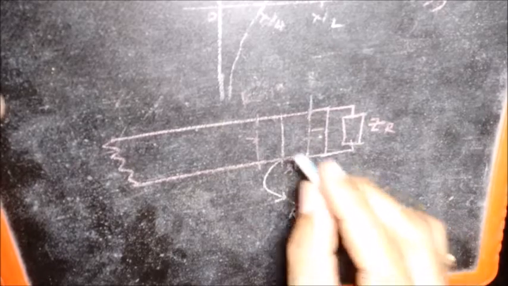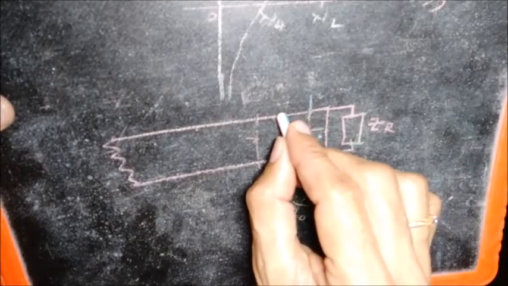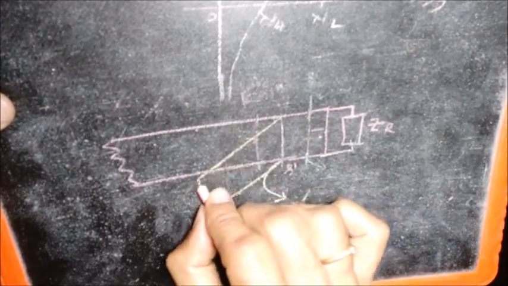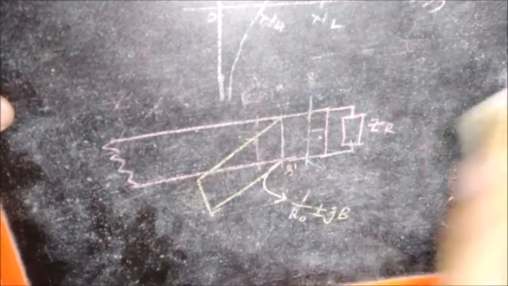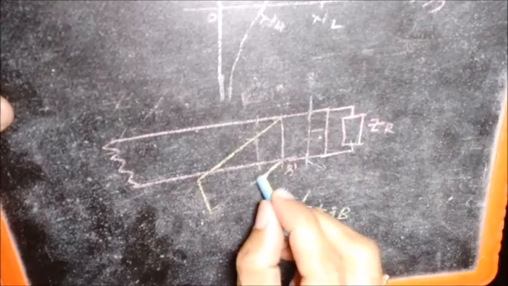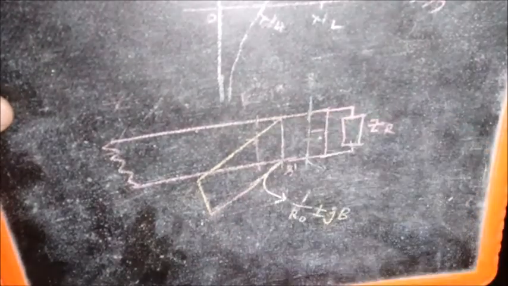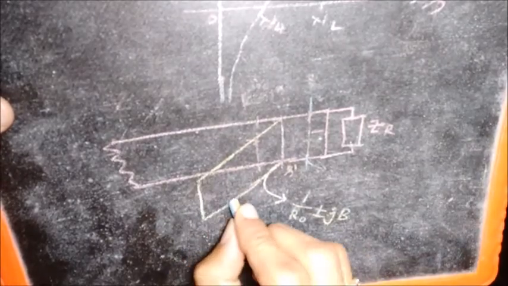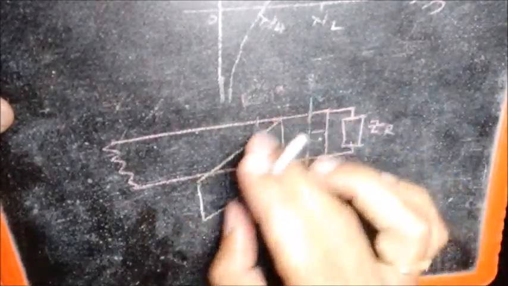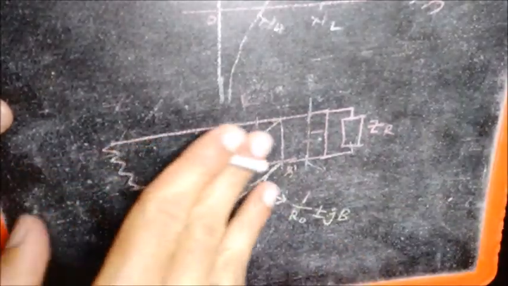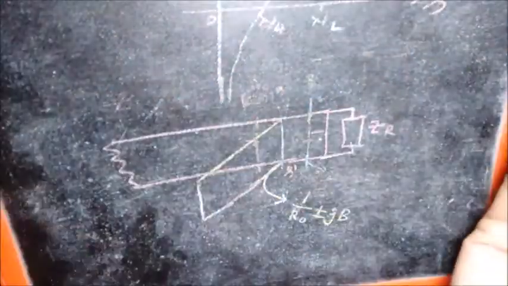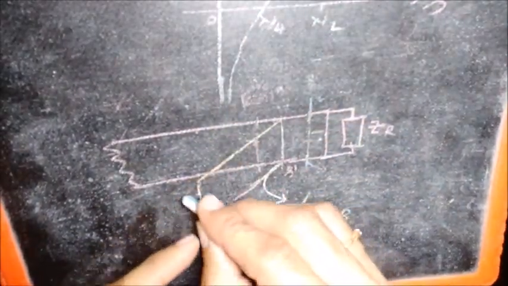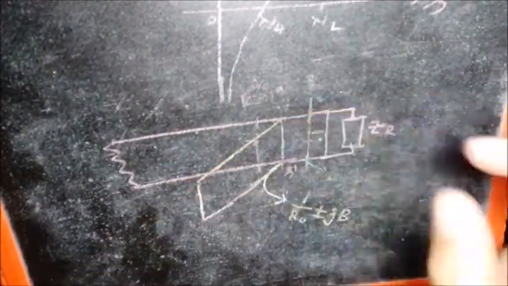Now suppose we take a short-circuited transmission line like this and connect it. We connect it parallel to the line like this. So till here the line is there, and then it splits into two parallel sections. So one section is a short-circuited piece of transmission line which is connected here. The other section has the load.